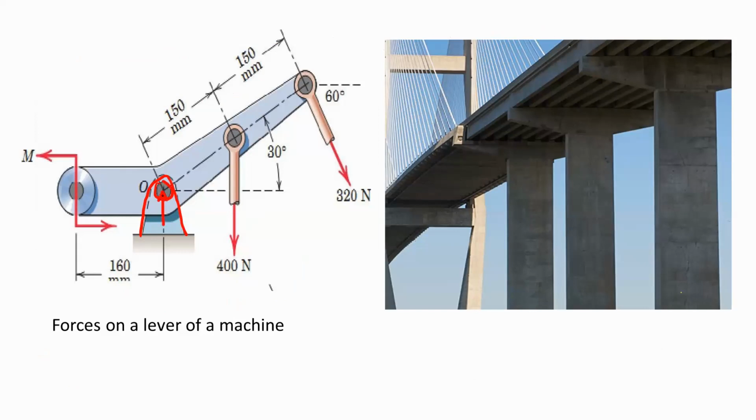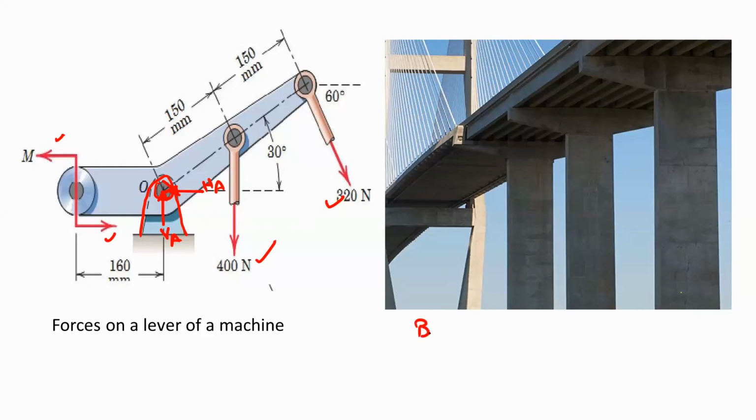So this support will be subjected to some vertical reactions and horizontal reactions because of the external forces. These are all external forces acting on this lever. Okay. So this part, it is again a part of static. The next example,